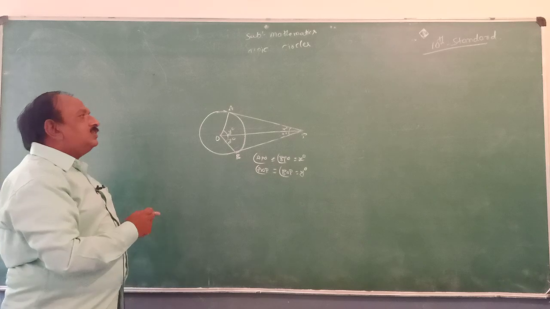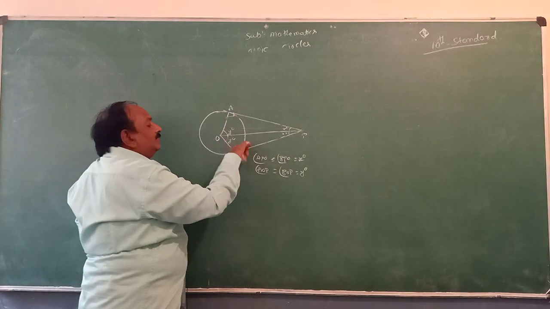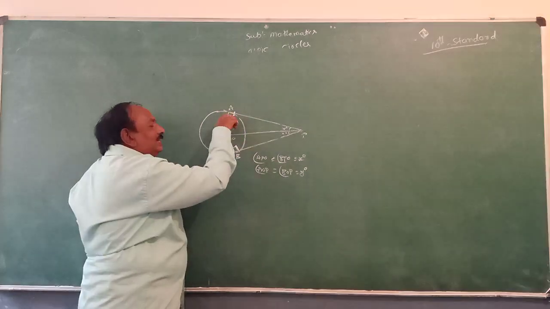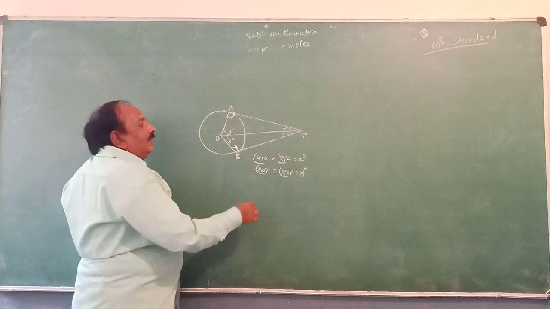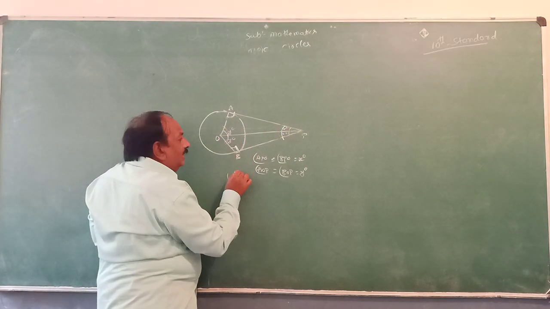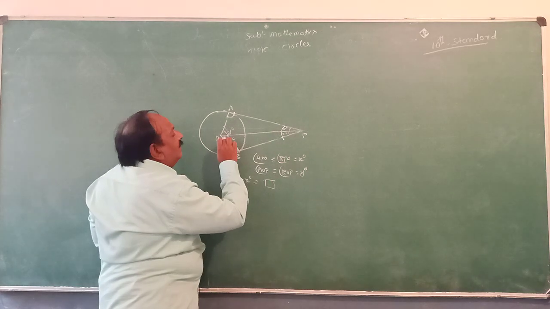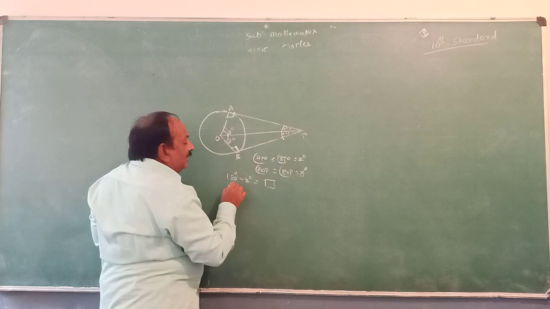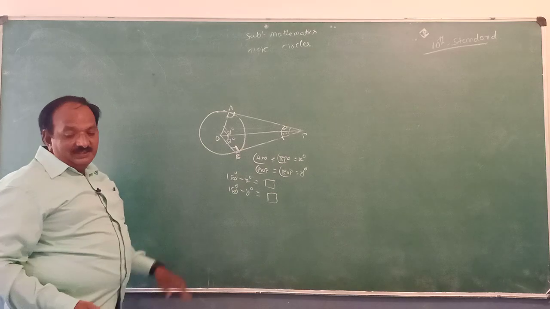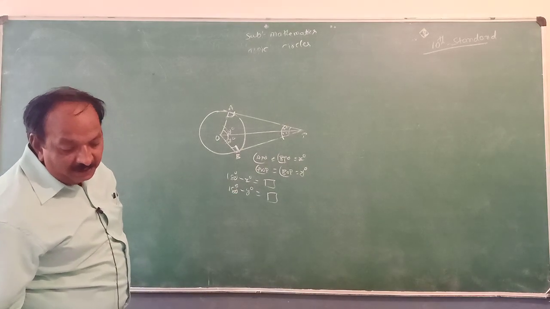And one more thing, my dear students. This angle is how many degrees? Always 90 degrees. This is 90, this is 90. 90 plus 90 is 180. If this angle is given, you can calculate this angle: 180 minus x degrees gives you this angle. If they give this angle and ask for this angle, that is 180 minus y degrees. Based on this, we are going to solve some problems based on the external point theorem.